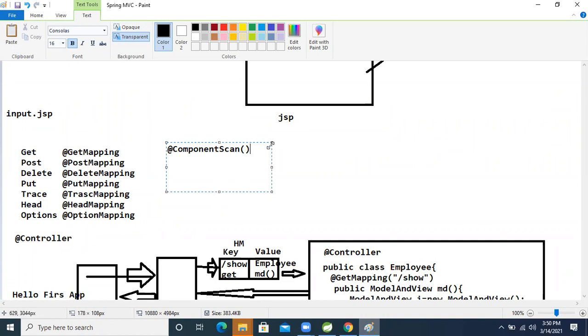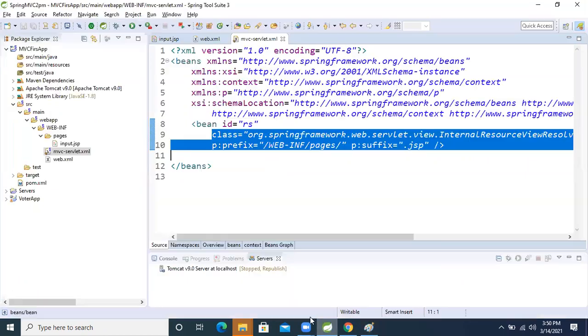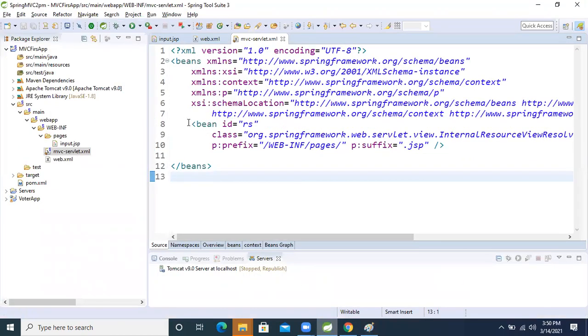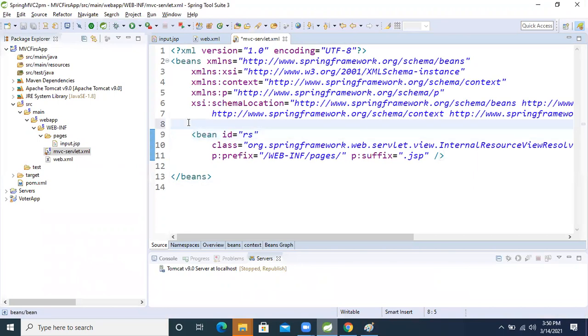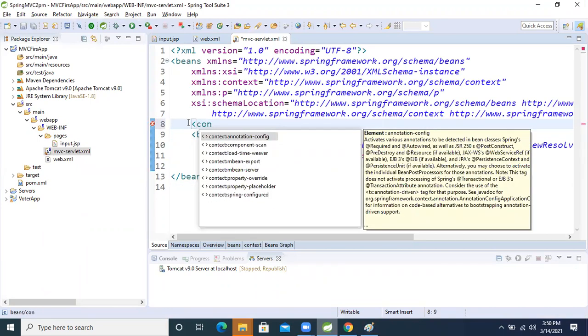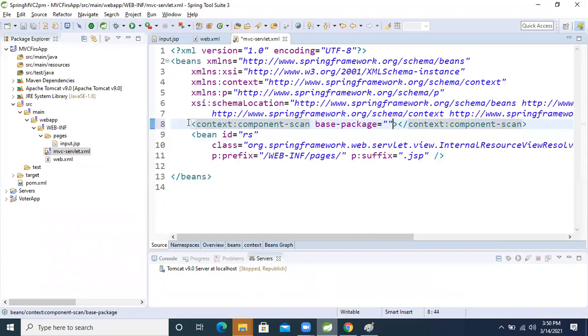the controller classes. Same like here also, we are going to use at the rate controller and another get request also. These two annotations I said we will apply. So what we will do now, come here, on the top of bean, at the rate context component scan, this one we will take. Inside that we will give the package name com dot rk.